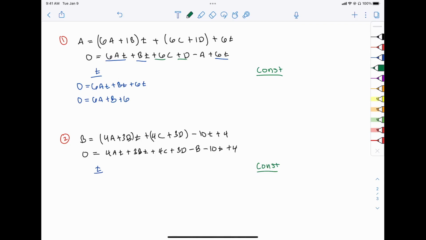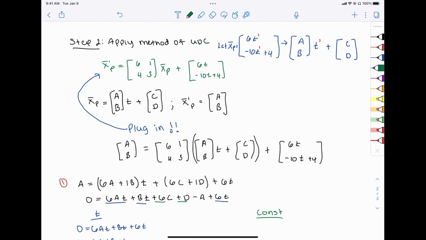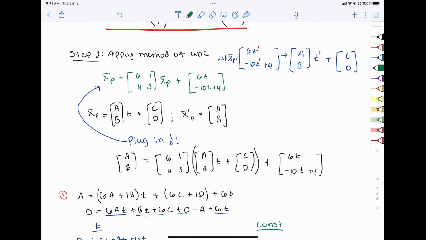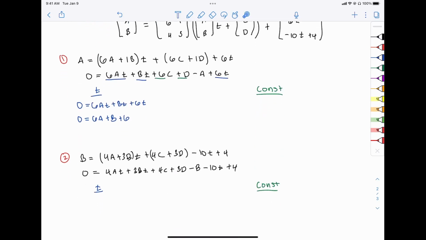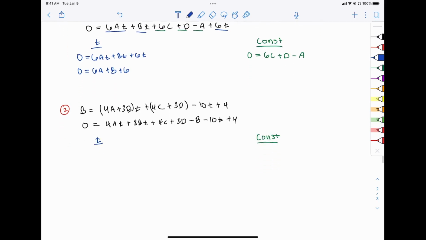Now, let's do it with our constant terms. Remember a, b, c, and d that we wrote in our dummy solution here? These are constants. These are the coefficients that we are trying to determine. So now we can write that 0 is going to equal 6c plus d minus a. And then if we go down to our second equation here,